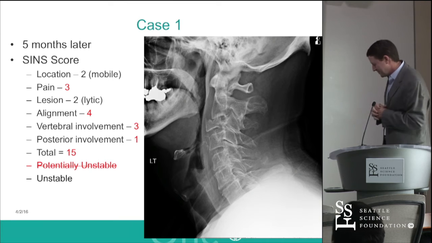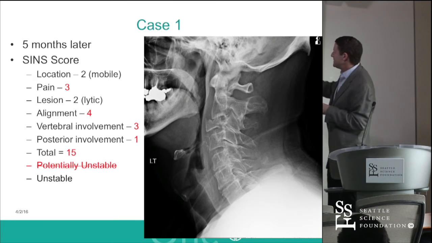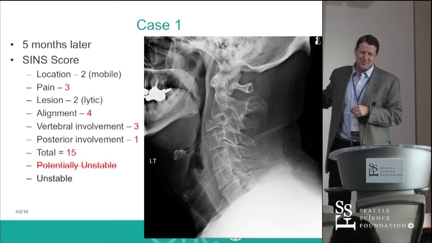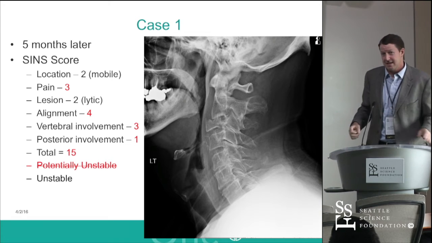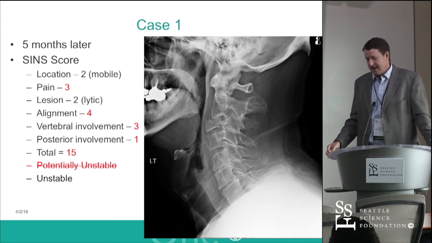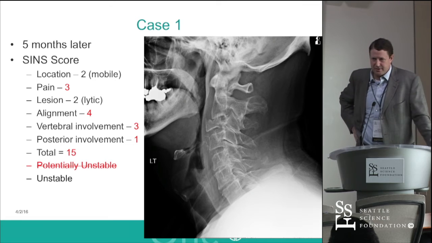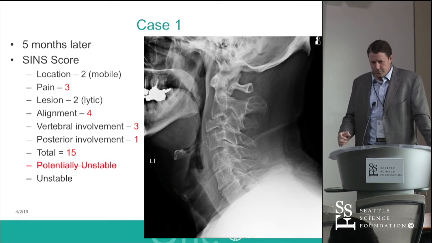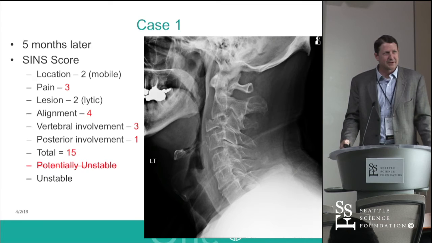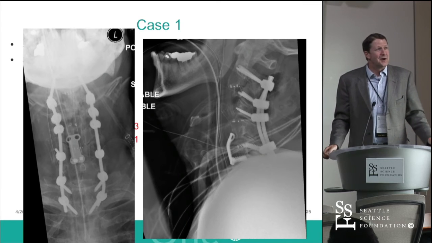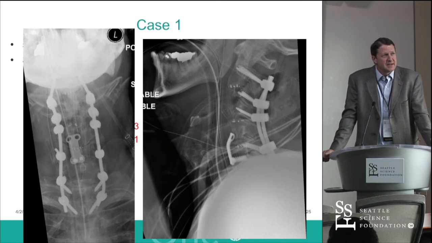So again, using a little bit of poetic license, he did at presentation have a small lesion in 5. That has actually progressed a little bit here too. And again, the lesion in 3 in the posterior elements was bigger. So I think that we were looking at a little bigger operation for him. So we ended up doing a 3-level anterior corpectomy with a cage in there,